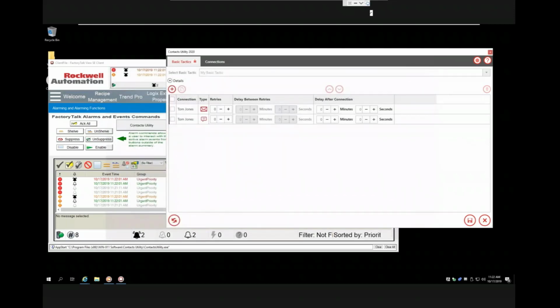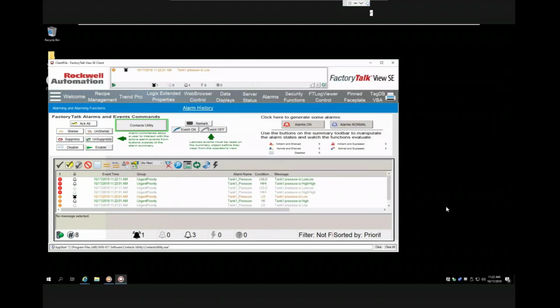Hit OK, hit save, close it, and now I've made my change and I'm already back to the HMI screen. I don't need to go to the normal configuration screen. So one thing I wanted to show you real quick is I did say it's controlled by Windows authentication, and